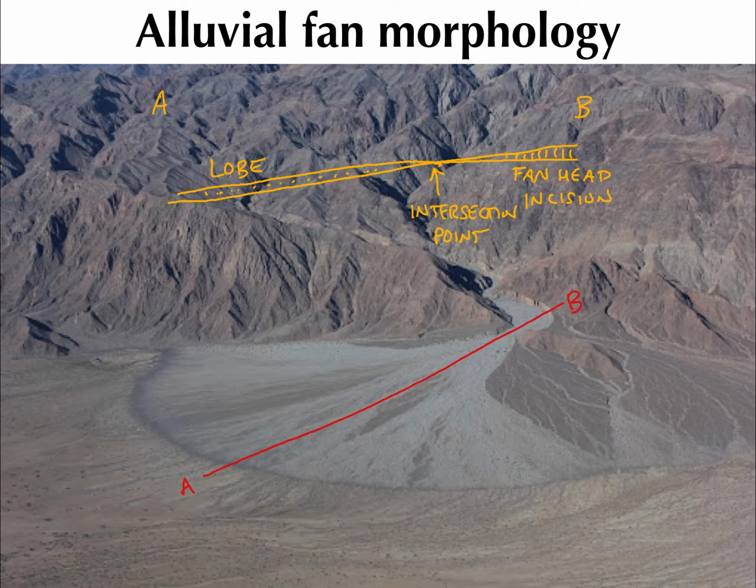And if we were to do the same sort of cross section, except now we'll go transverse across the fan from C to D, show you what that looks like. Do it smaller here. It's fairly simple. From C to D at a different scale now, we have a flat basin floor underlying this fan, and then